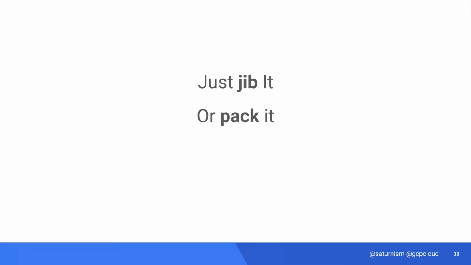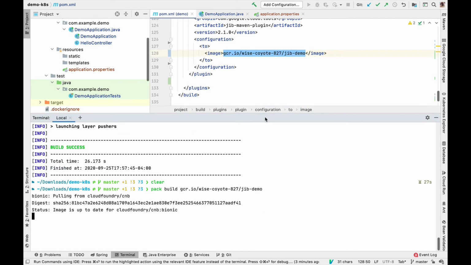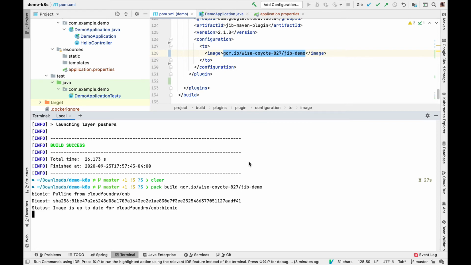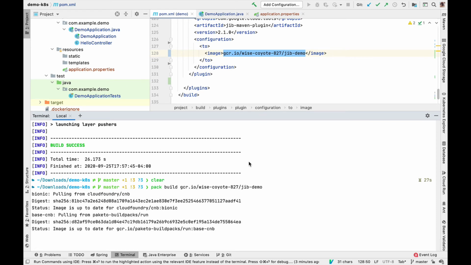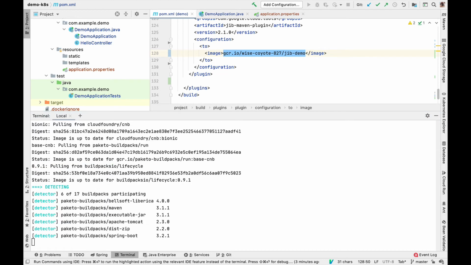Another alternative is Cloud Native Buildpacks. While Jib is great for Java applications, you can use a buildpack to build your application, whether it's written in Java, JavaScript, Go, or Python, or any application that's written in a supported language. The buildpack can turn these applications into a container image with the best practices as well, without a Dockerfile.